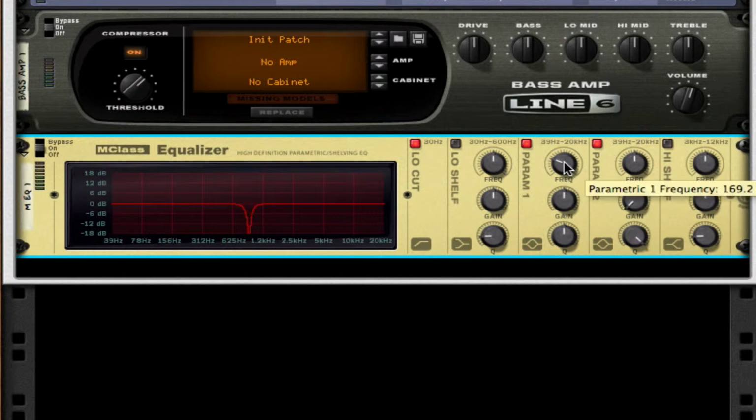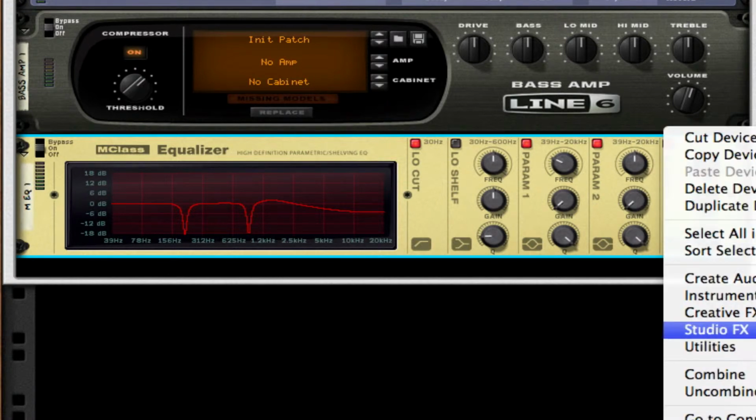200, 206 or 205.3 hertz. Gain down, Q all the way up. High shelf, just leave it in the middle. Gain down to about negative 5.1. Turn up the Q to 2. After this, we're going to create a